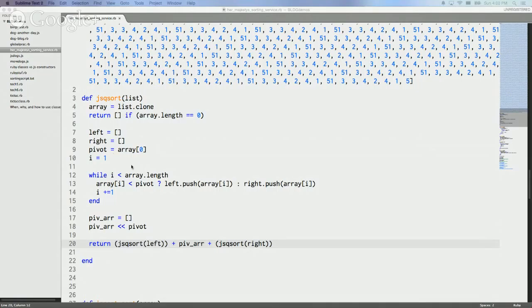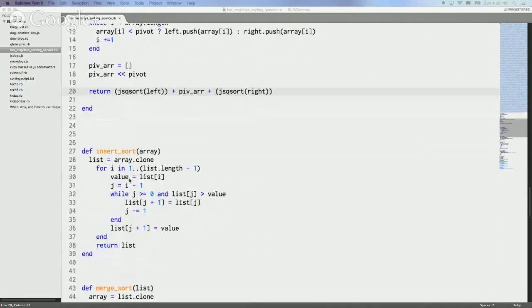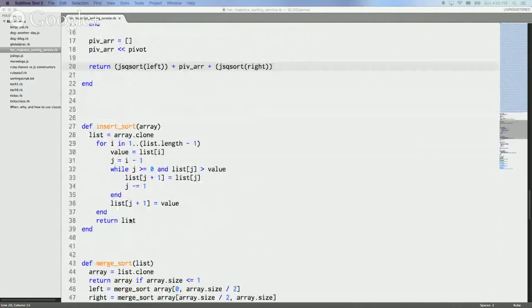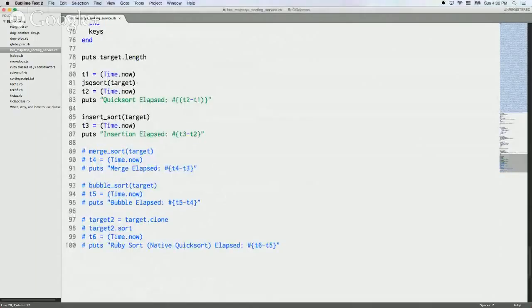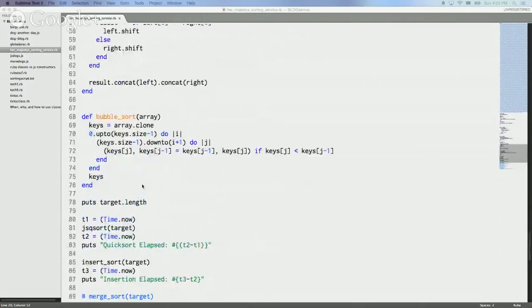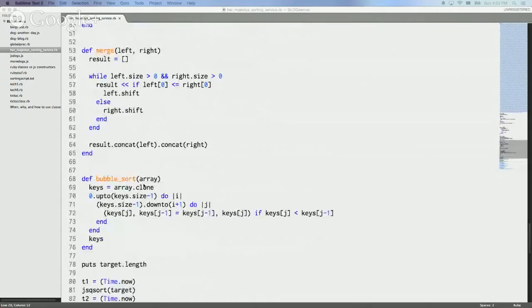And then down here is the insertion method. We're not going to bother going through every single one of these in the code because they're a little bit tedious, and merge sort is still actually a little bit hard for me to understand. Anyway,